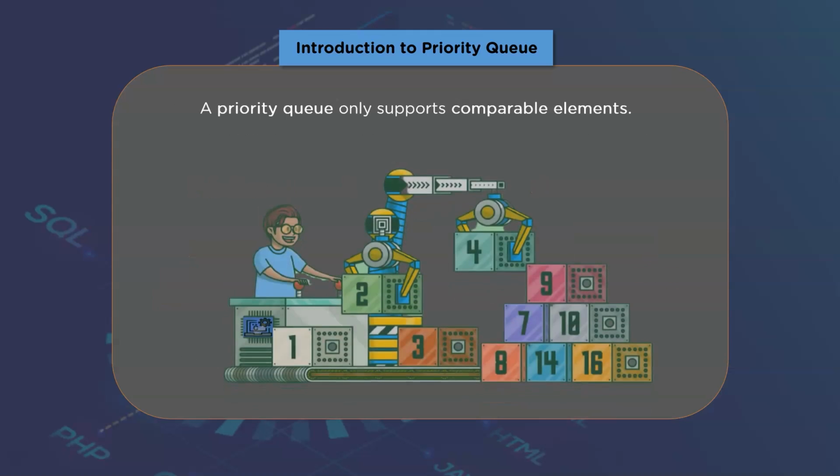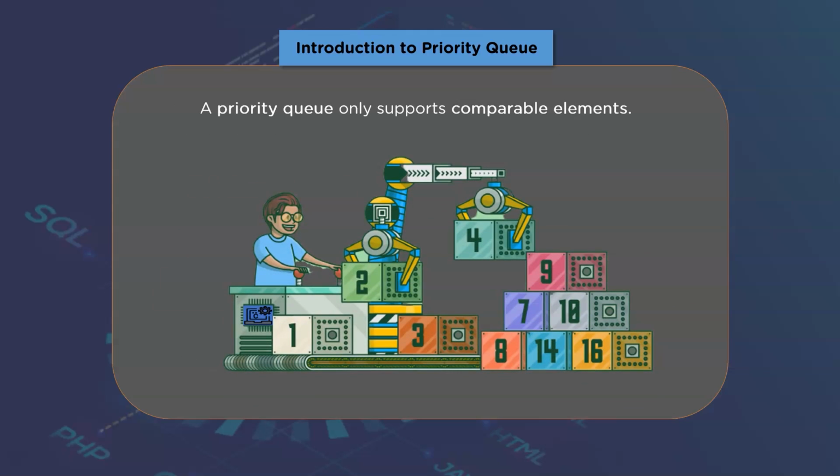As a side note, I would like to tell you guys that the priority queue only supports elements that are comparable. Meaning the data that we are going to insert into priority queue must be orderable. The compiler should not be facing any difficulty while comparing these data elements. Otherwise, the execution of a priority queue will definitely fail.